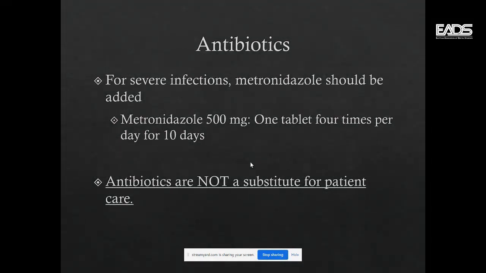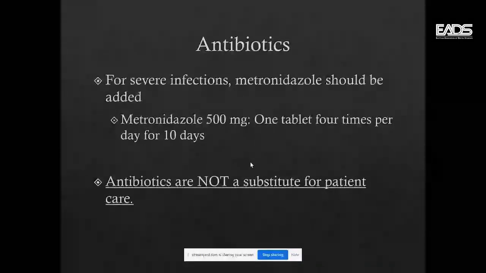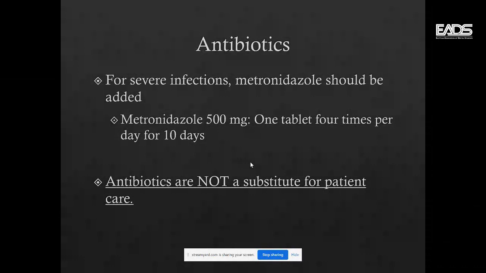For severe infections, metronidazole should be added, 500 milligrams, one tablet 4 times per day for 10 days. Antibiotics are not a substitute for patient care, so you need to give more care, as well as incision and drainage if in place. Look if the drain is still draining, or if it has stopped, or if you have to remove the